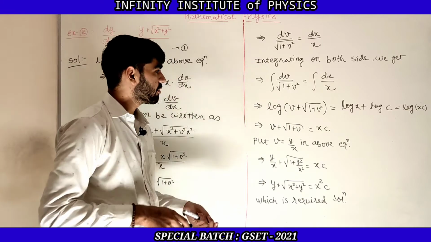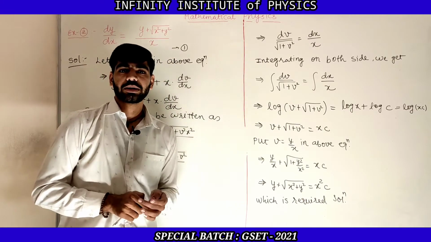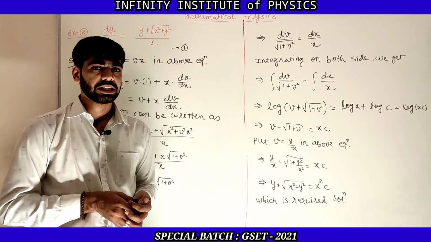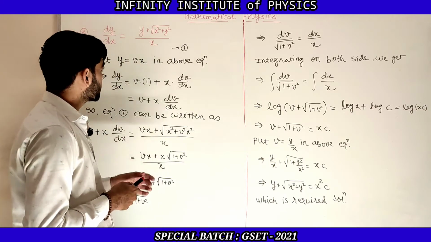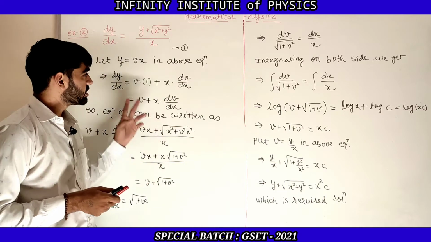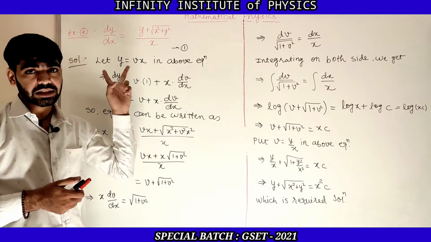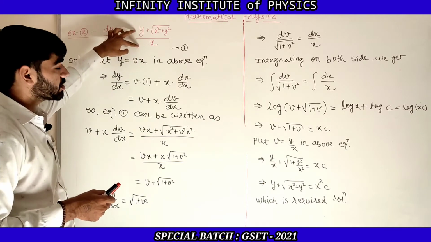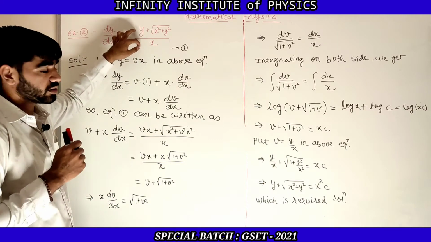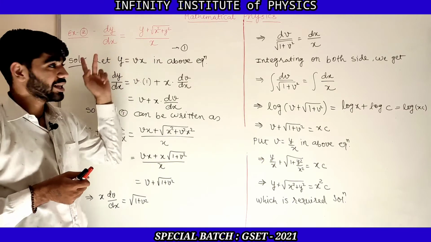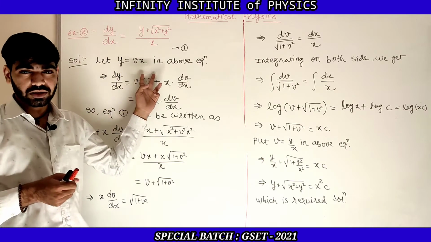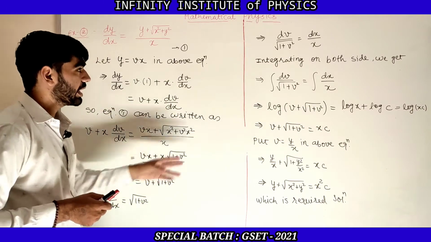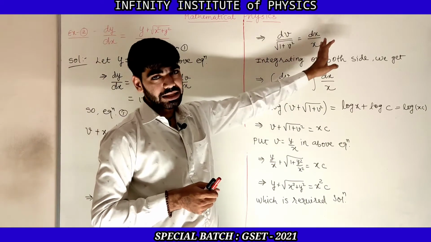So this is how you can find out the solution of the given differential equation, which is given in the form of a homogeneous equation. First of all, you need to check whether it is in homogeneous form or not. For that you need to check whether these two functions are of the same degree and homogeneous functions or not. If it is, then you need to take y is equal to vx to convert it into the variable separable form. So we have converted it into the variable separable form.